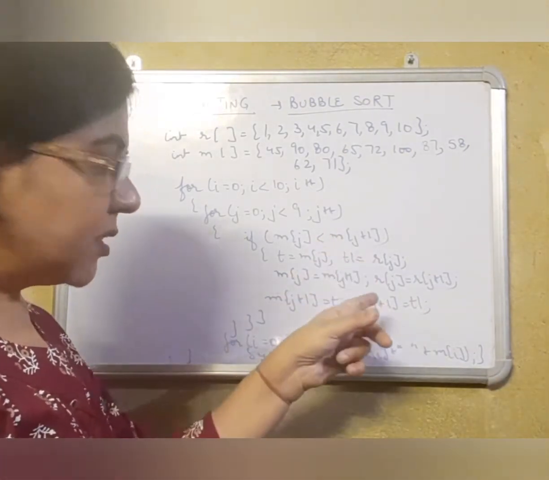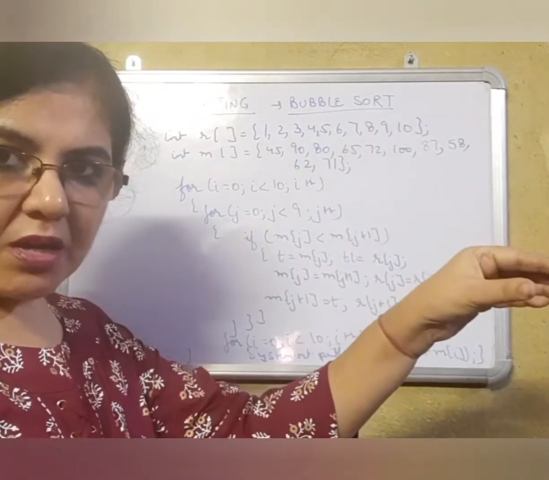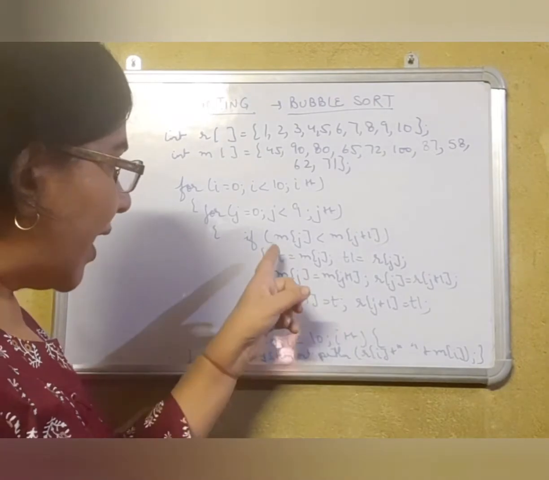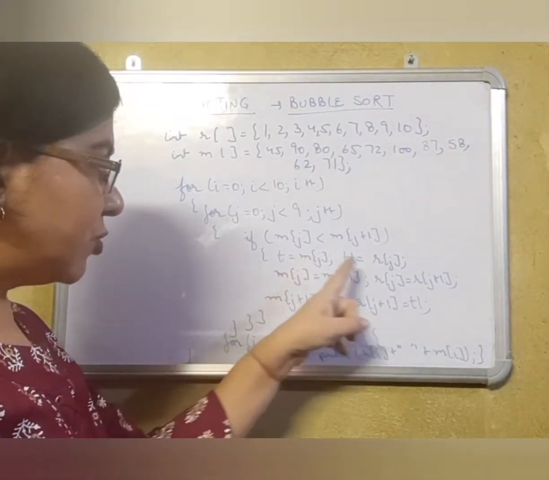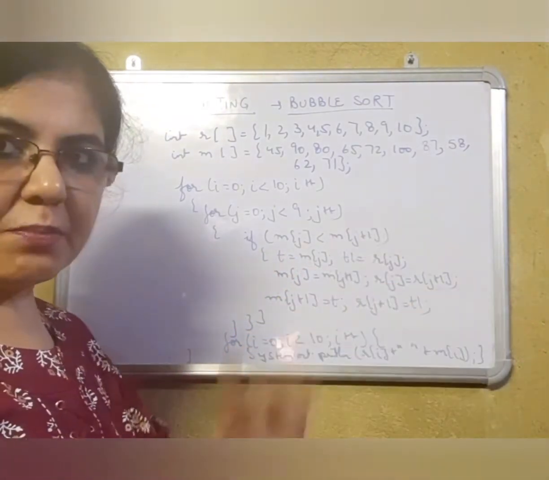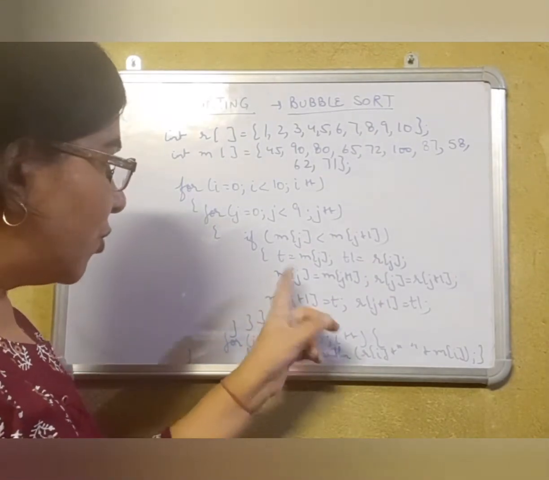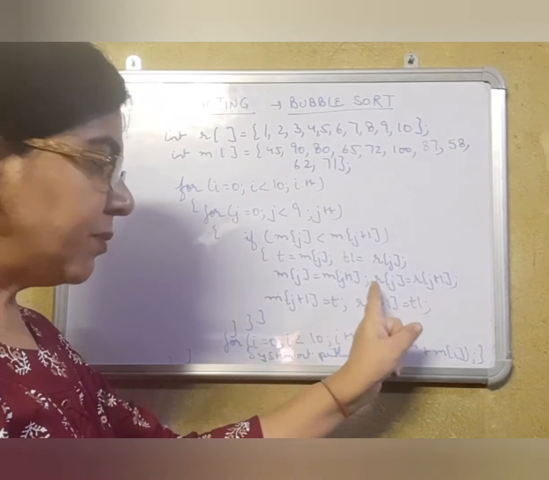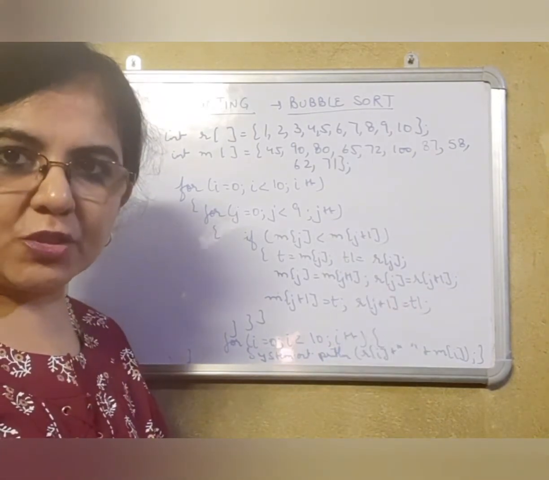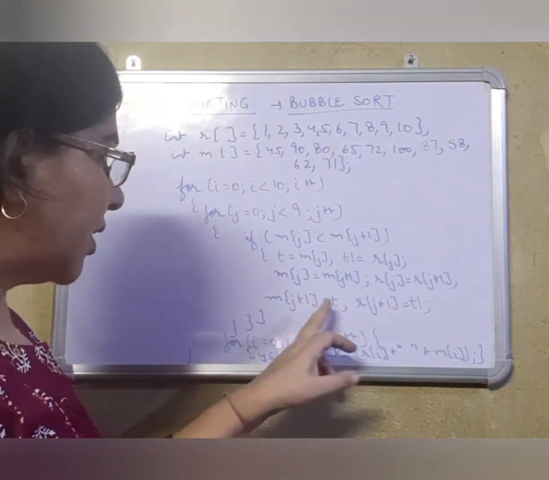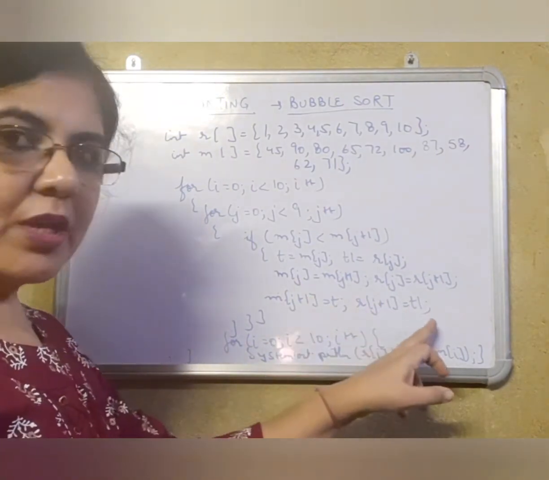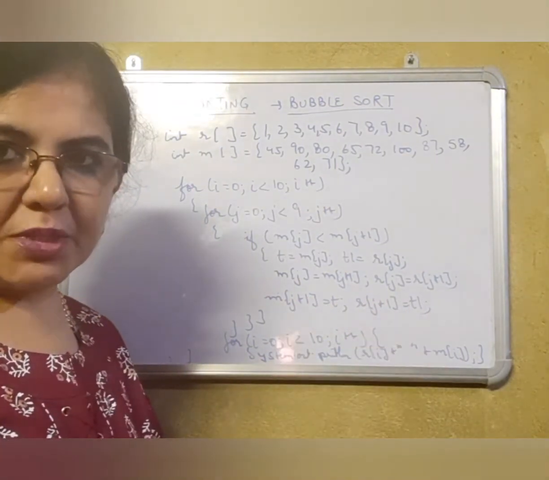What about this? If you are moving the marks, the roll number also has to be moved along with it. So as you are moving, t is equal to mj, take rj also and keep it somewhere. If you are exchanging mj plus 1 with mj, then rj plus 1 also should be exchanged with rj. If you are exchanging mj plus 1 with t, then you have to exchange t1 also with rj plus 1.